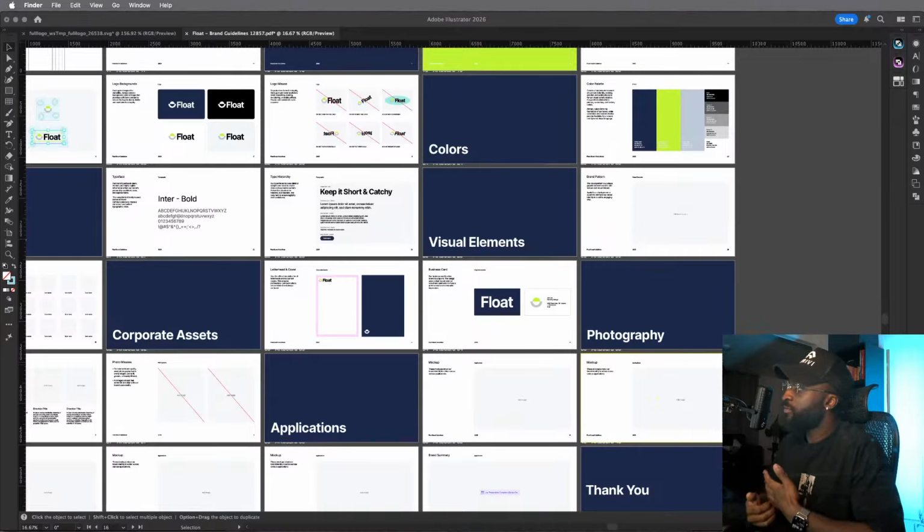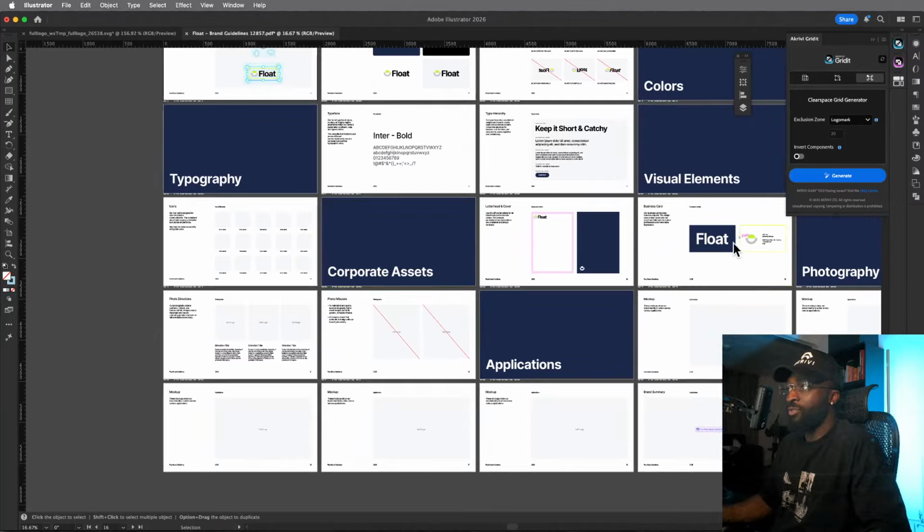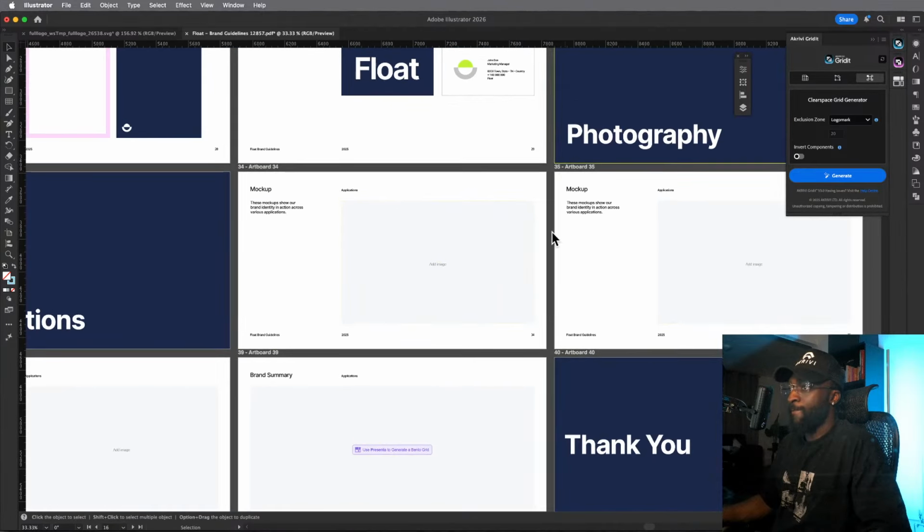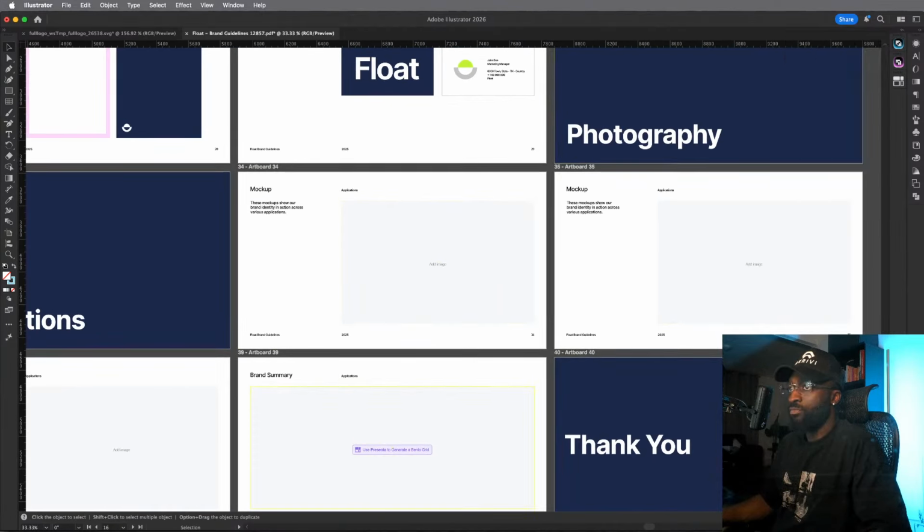So if I go onto Float, wait, do I have the Float presentation? Okay, let's see this. Wait, let me not say it. Okay, open. Wait, it's not going to open. Oh, I don't have the app anymore. Open. Oh wait, I do. Wait, what's going on? Okay, I was trying to open this old file. I don't think I have it anymore. I wanted the vector file for the actual brand, but I don't have it. So what I'm going to have to do is